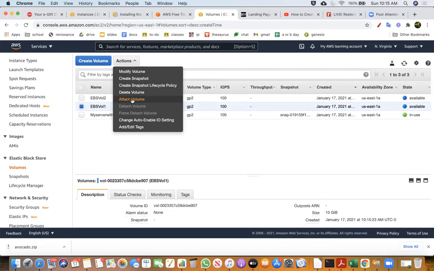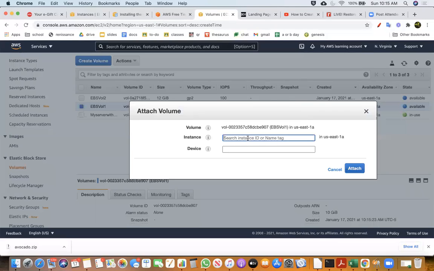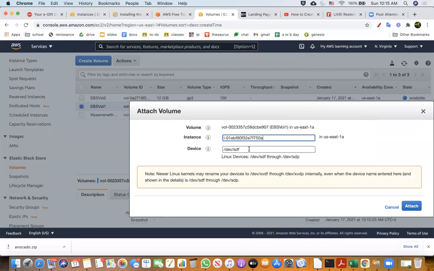This attach volume action establishes a connection between this volume and the EC2 instance. But for the volume to be usable, we need certain additional steps before the volumes can be seen as folders. So please watch the steps very carefully so that you are able to understand how they are done.